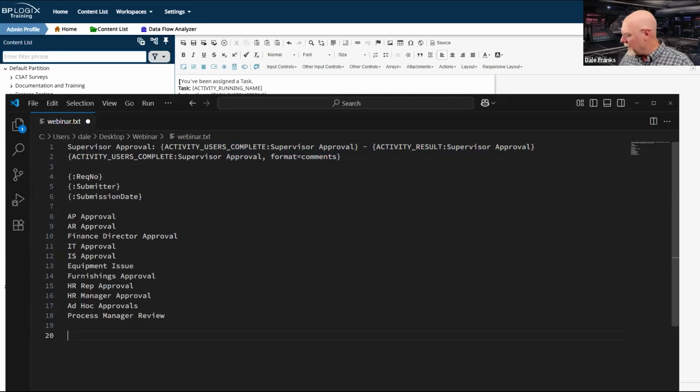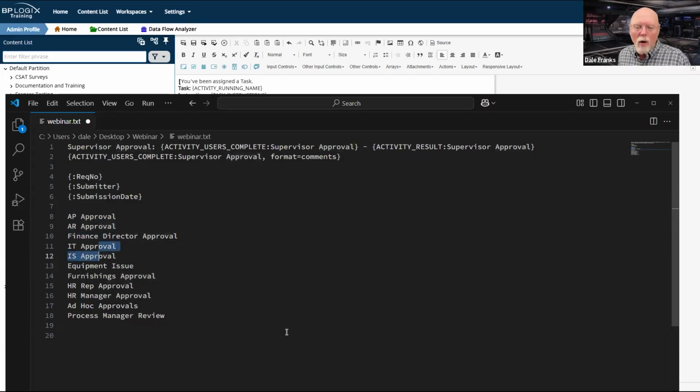That would take a lot of time, and it's unnecessary to completely repeat the steps. But look at all of the different approvals I have between supervisor approval and process manager review. I've got AR and AP approval, activities that are only going to run if this is an accounting request. Also, finance director approval. These are all accounting requests.